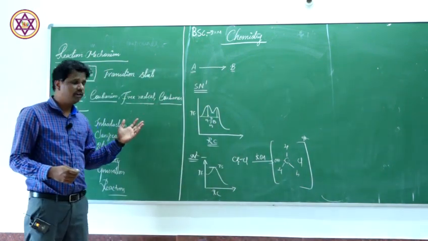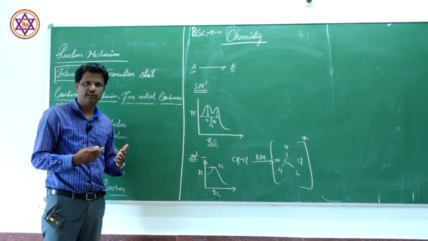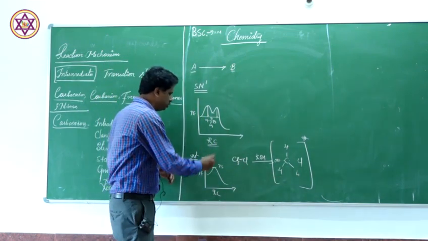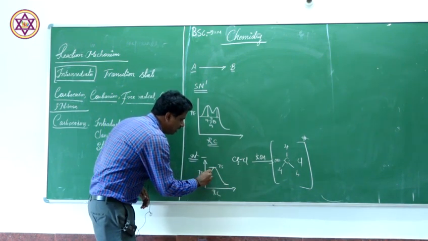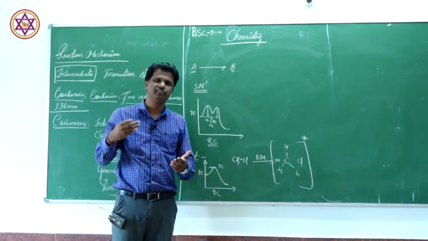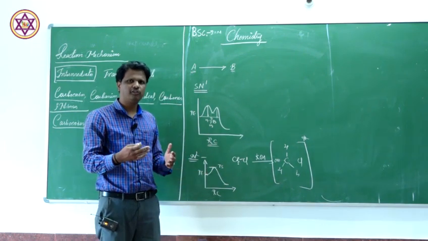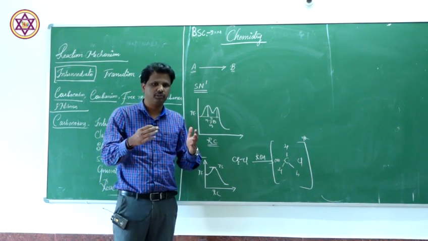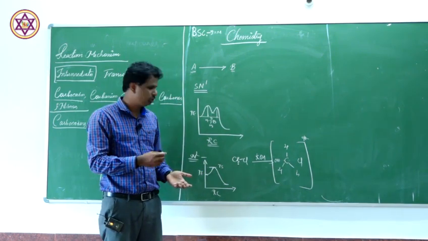The intermediates that I talked about earlier can easily be captured. You can isolate them. But you cannot do the same thing for the transition state. It is a hypothetical one. It passes through that. That means the reactants are converting into products through this temporary state. These are highly unstable states. Whether it is a reactive intermediate or a transition state, both of them are highly unstable. You cannot actually see them when they are forming. You cannot actually identify them with any of the methods, but the reaction passes through it. So that is called the transition state.